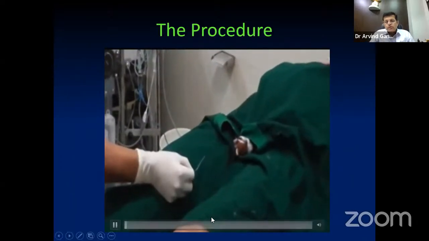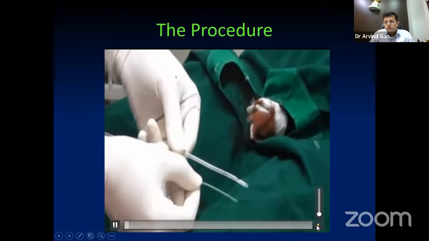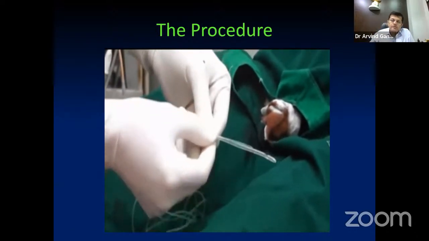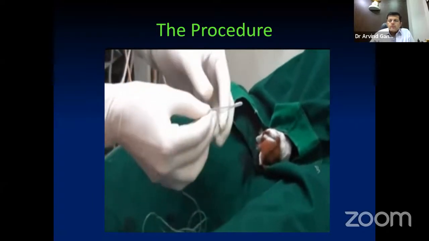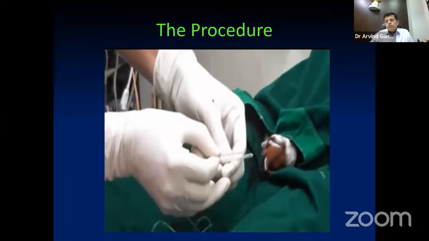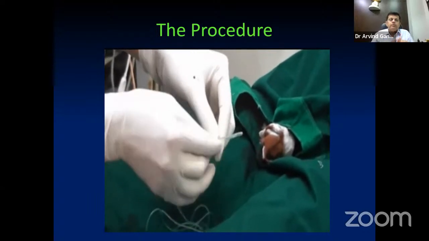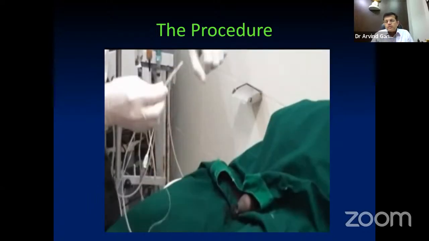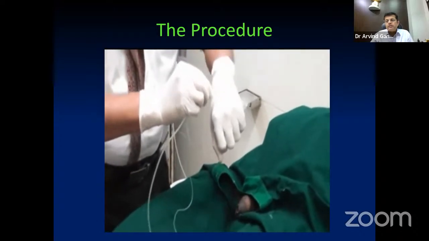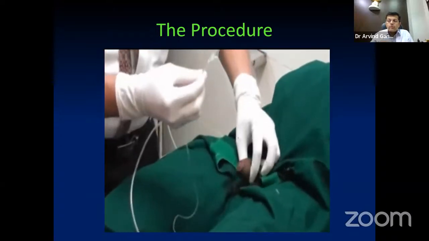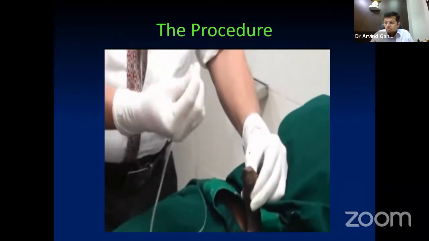So this is a short video which depicts how a urodynamic study should be done. As I told you, we generally use two tubes, and the two tubes should go together inside. Why am I saying that they should go together? Because many times the smaller tube gets curled inside the prostatic urethra, and if it gets curled there, you are not going to get the intravesical pressures properly.